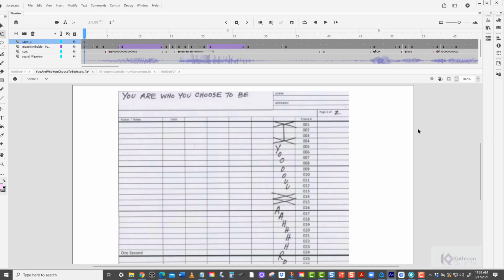So this is what a soundtrack looks like once it's read. This exposure sheet is a timeline, and what's on that timeline are notes that I've written down. I'm looking here in Animate, and if you look up on the top timeline, you can see that we can scrub across this, and it goes